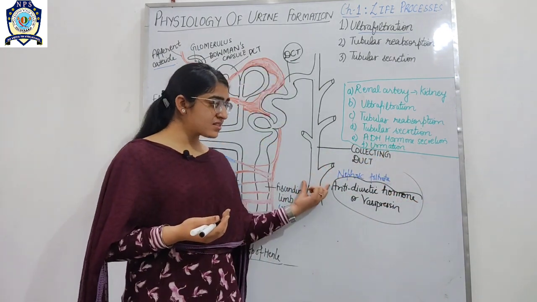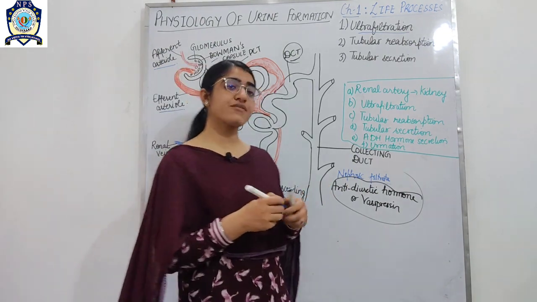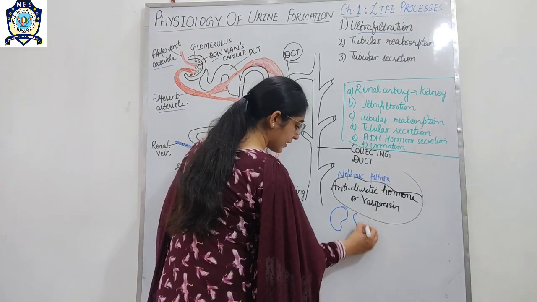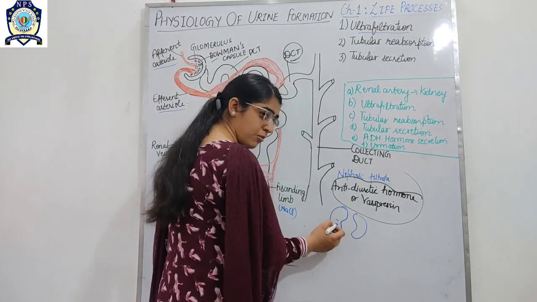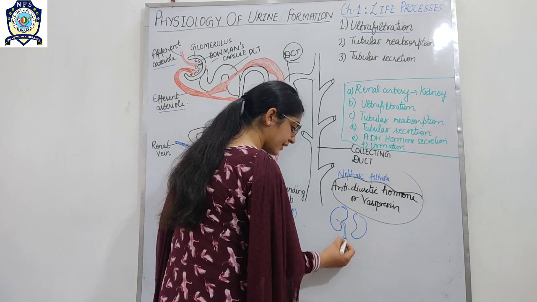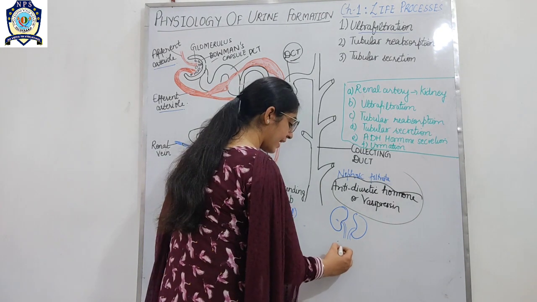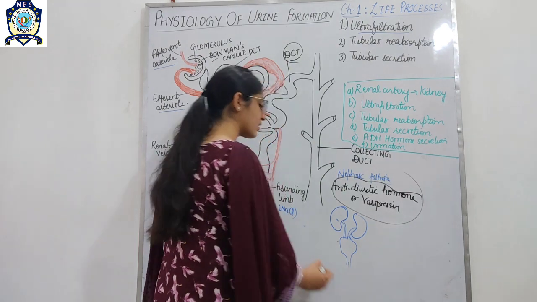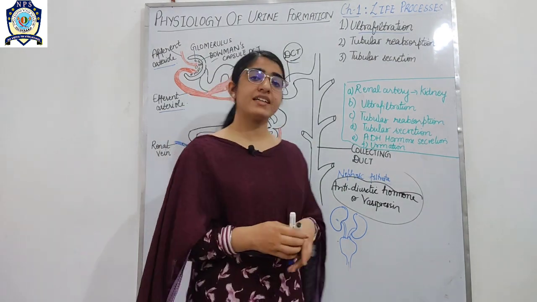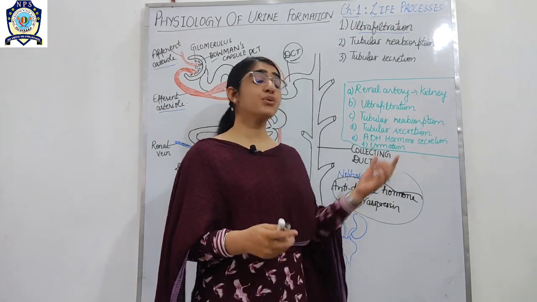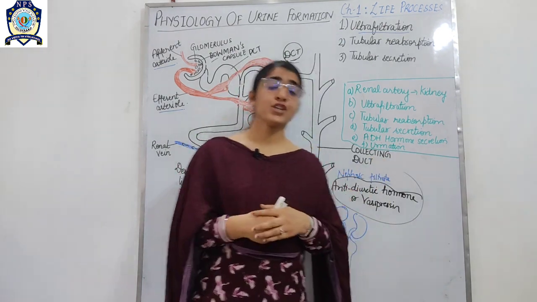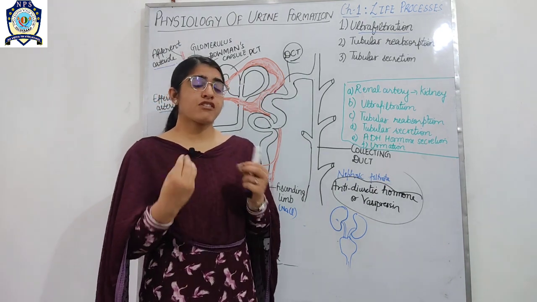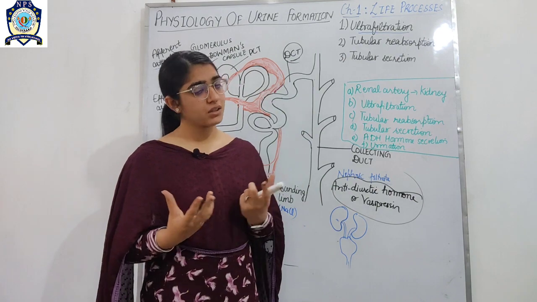So as urine is formed, what happens in urination? As we have discussed, in the collecting duct urine is formed. Now you can see these are the pair of kidneys, urine is formed here, then through the ureter this urine enters into the bladder. The bladder temporarily stores the urine, and finally through the urethra the urination process occurs. Urination is the process of passing out of urine from the body, or voiding of urine.